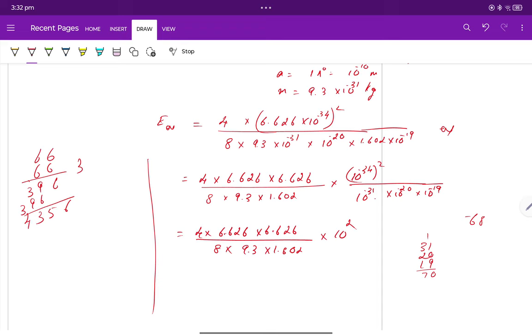And so let us take it as 44. 44 into 4, 16, 1, 16, 176. So this will be 176 divided by 8 into 9.3 into 1.602. Now you can simplify it again, and the final answer will come around